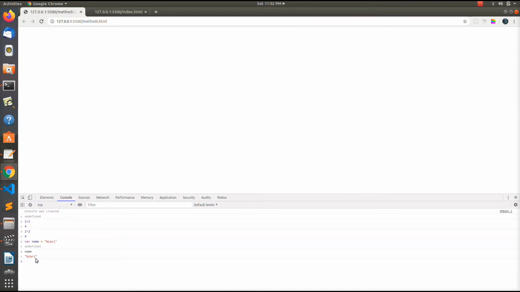So now I want to clear all these lines here, so I can simply call a method which is clear and put these brackets after that. As you know, the method is a function, and we need to write the brackets. So if I type clear, you can see everything is cleared. We did not have to write much of the code to clear all these things. We just needed to call a method, and it does the work for us. So this is an example of one of the JavaScript methods.